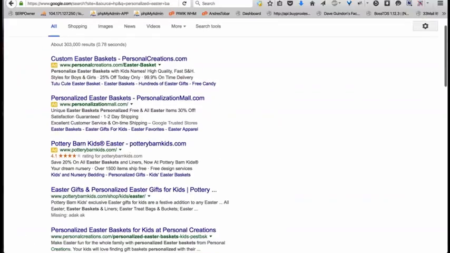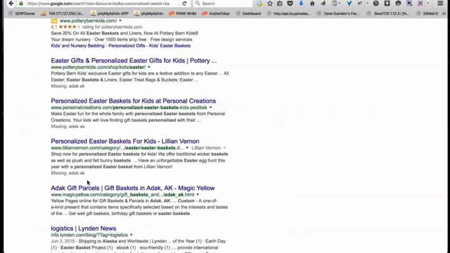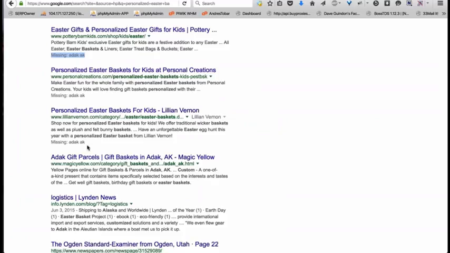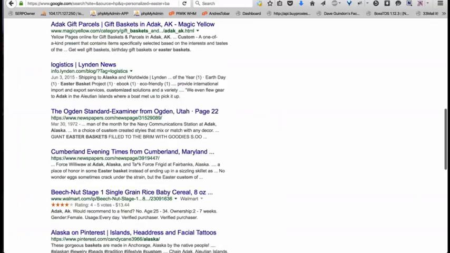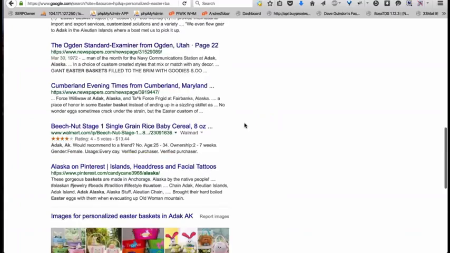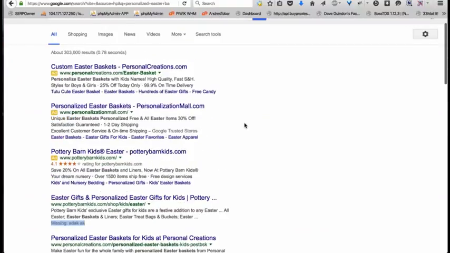We start seeing what's popping up, and it's just a magic jello, and all these results say they're missing Adak, Alaska. So these are not even targeting that city. This gives me a really good insight as to whether I'm going to be fighting with other people in this niche, or if it's wide open. Like I said, I would consider this a wide open niche.